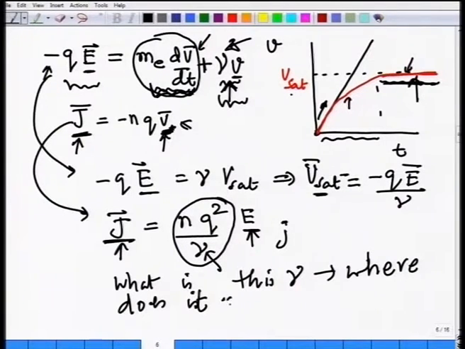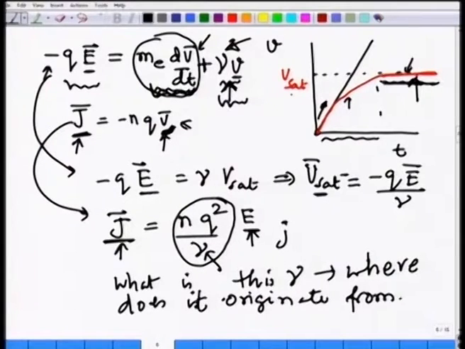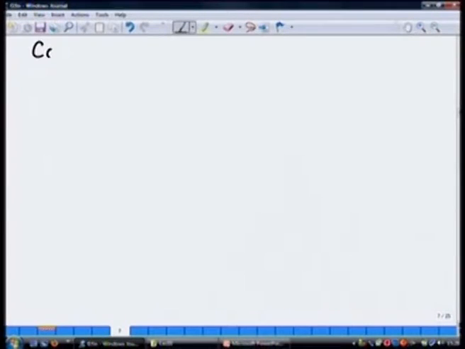Where does it originate from? So this is the question. If we answer this, then at the microscopic level we will be able to tell you what is the origin of conductivity in a material. Could it be